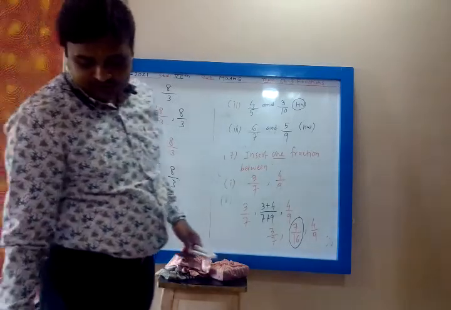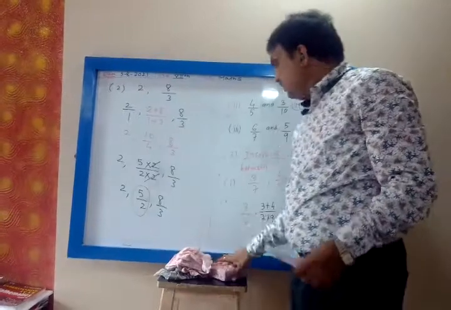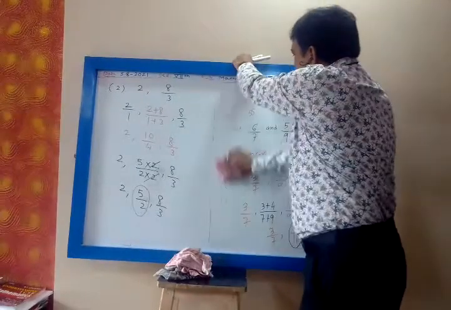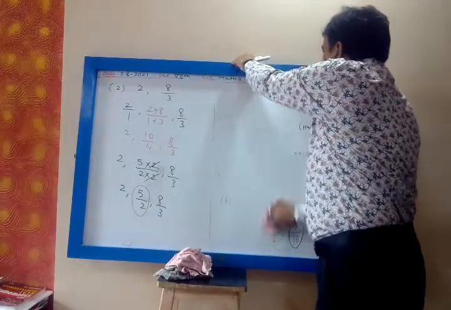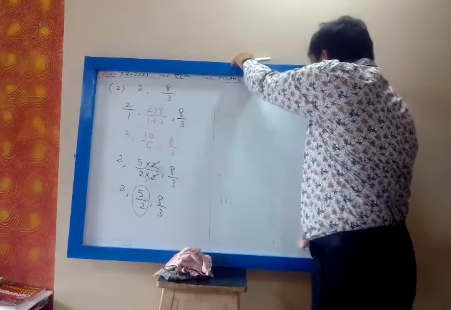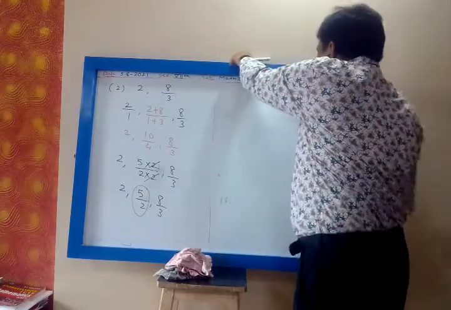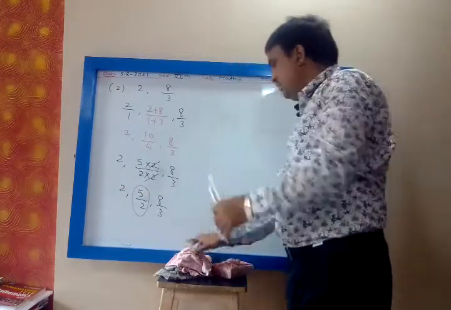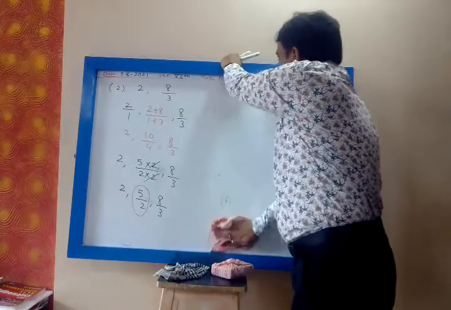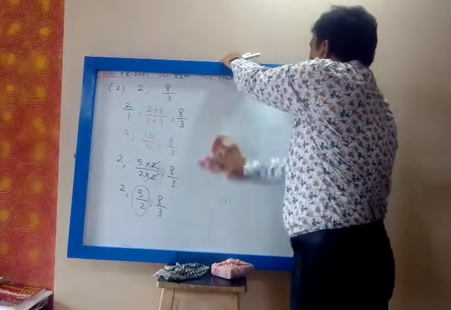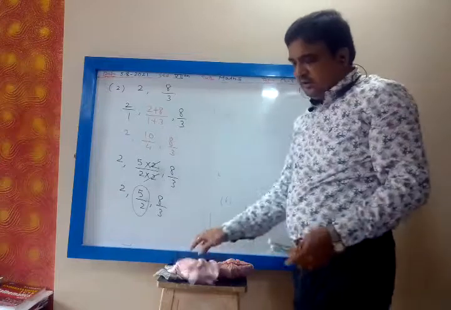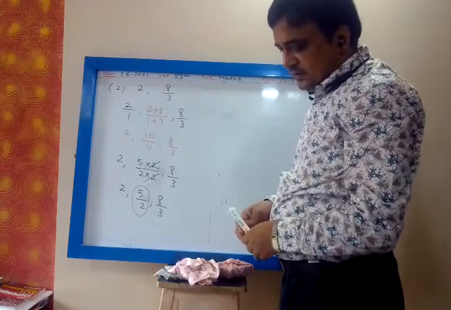1 upon 2. Yes, correct. Yes, 15 upon 30 is same as 1 by 2. Okay, so you have to write down the final answer in terms of the lowest term. So whenever you want to insert one fraction, you add numerator to numerator, denominator to denominator. Then